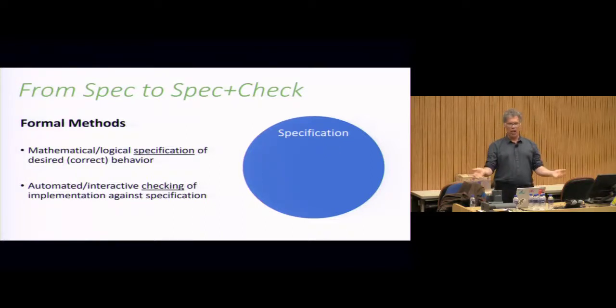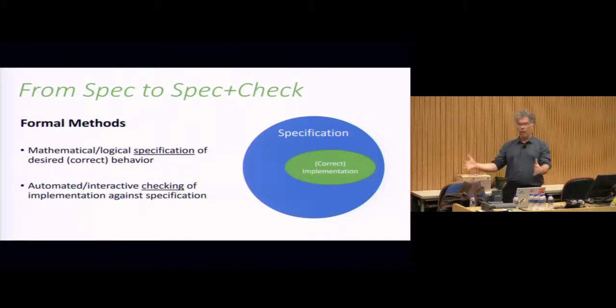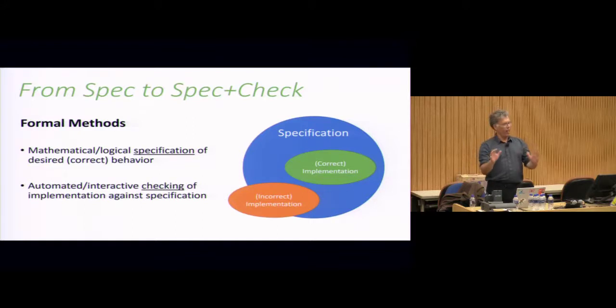Let's say that's a set of states or a set of traces. But if we just specify it and we don't have tools, then we're reduced to paper arguments and pushing things around. So we'd also like to have automatic and interactive, perhaps, checking of an implementation against the specification. And so we hope that our implementation, in terms of this Venn diagram, its behaviors and set of states, is within the specification. Or if we've made a bug, we're not inside. So that's formal methods in a Venn diagram at a very high level.